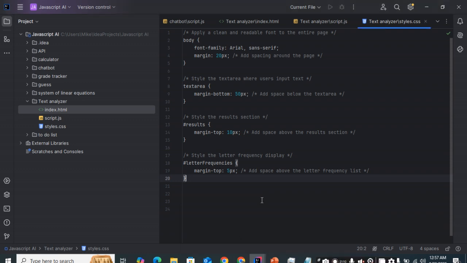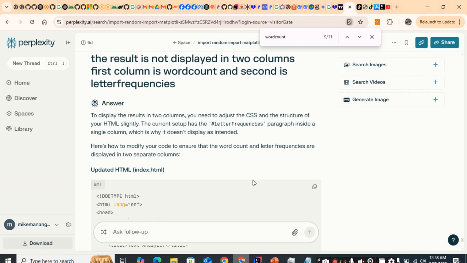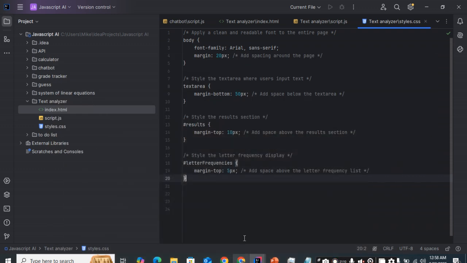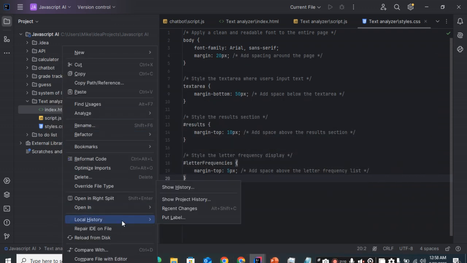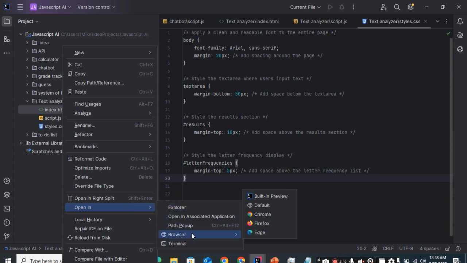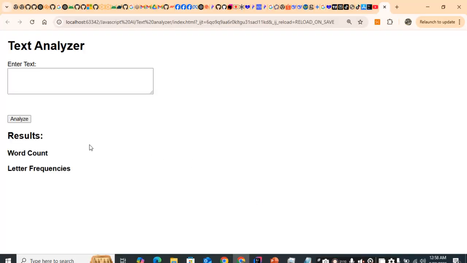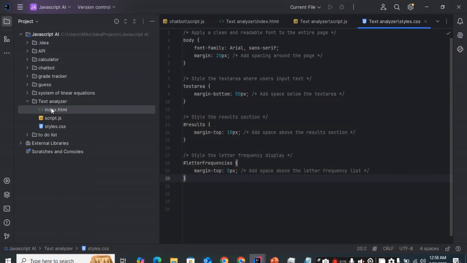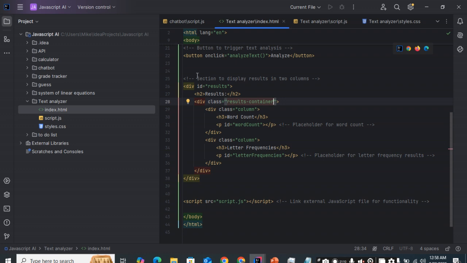In the previous presentation, we had a text analyzer. You might wonder, if we try to run the text analyzer, why is it that we cannot see two columns? In the previous discussion, we mentioned that in the index.html we need to display the solution in two columns. The two columns use a class called results container and a column, where we display in the first column the word count